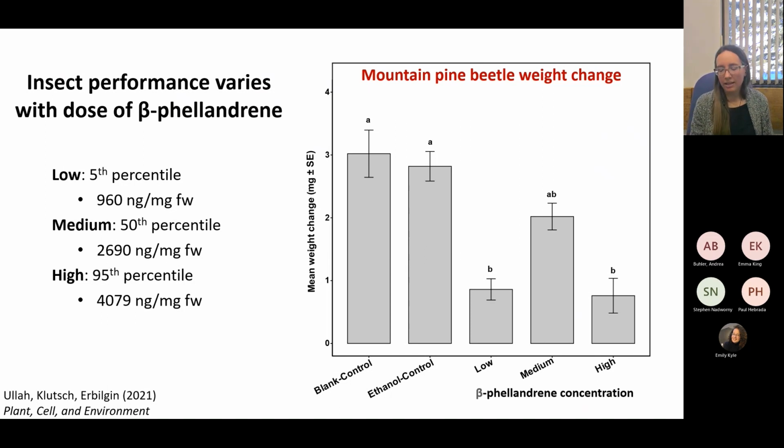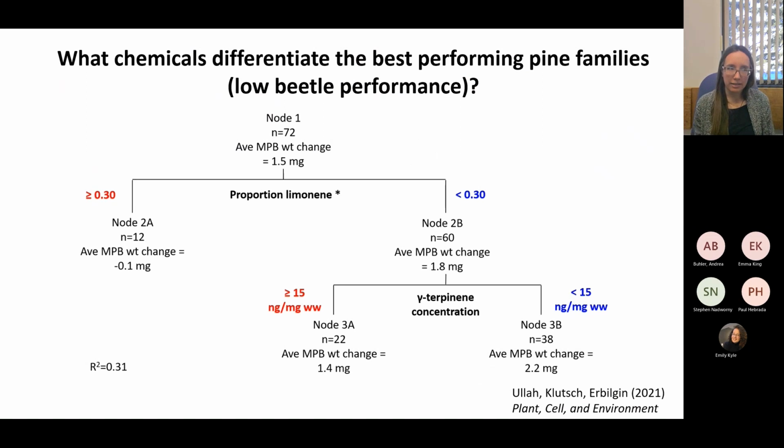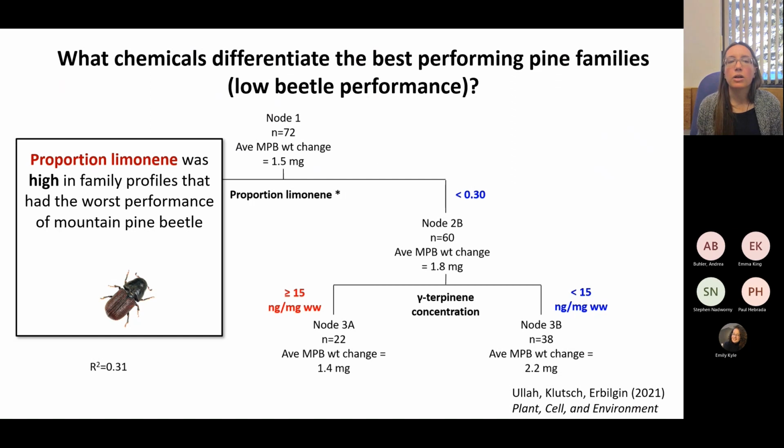Pure jack pine does not have any beta-phellandrine in it. So that might be something that needs to get looked at in jack pine when looking at suitability based on chemicals. So with his results, I essentially wanted to find how can we categorize trees based on suitability from Aziz's bioassays. And so I ran a regression tree and essentially found out that the proportion of limonene was, when